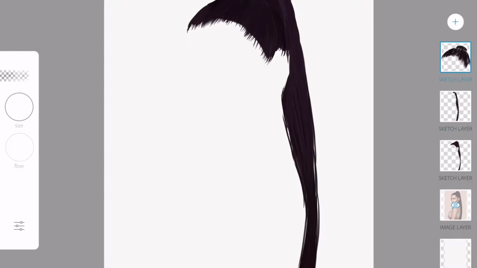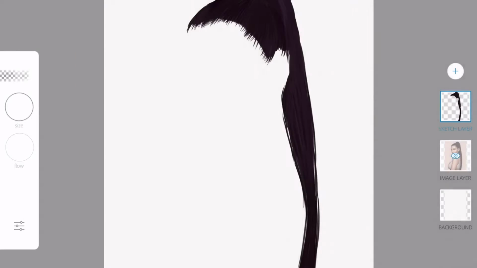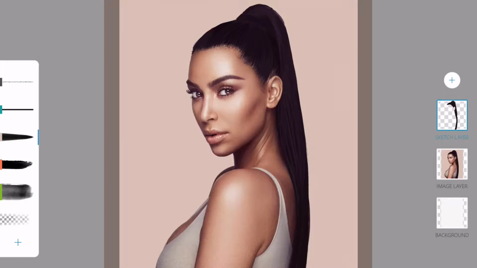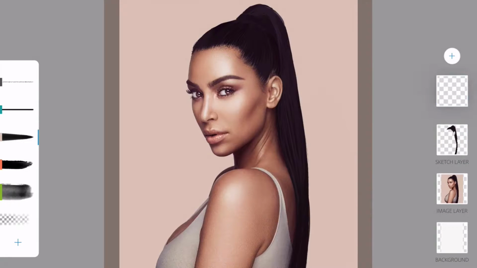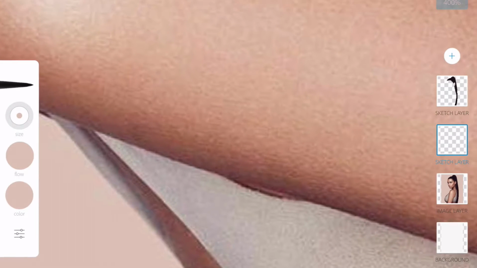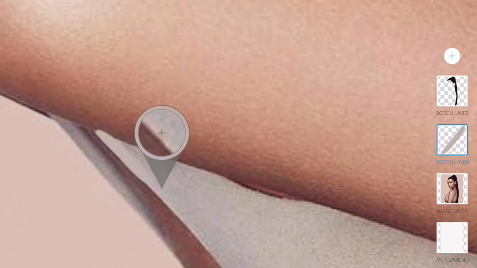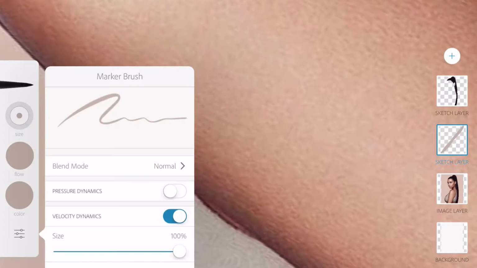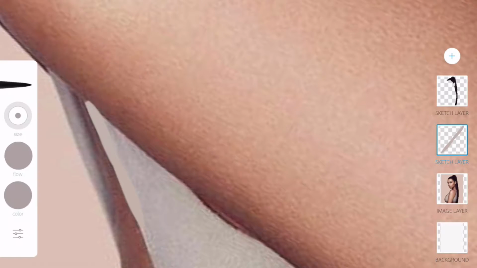So I'm merging the two layers that I was just working with into one, and I'm starting a new layer, obviously under the last layer I was just working with, and I'm changing the size, and I'm working on her top now, and I'm just doing the same thing that I did before. I changed my brush to blend,